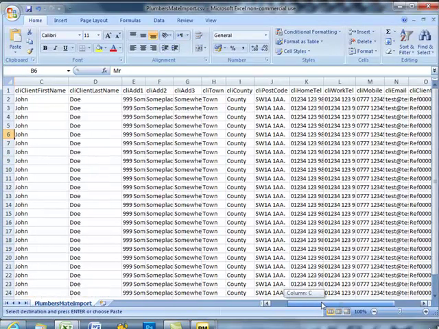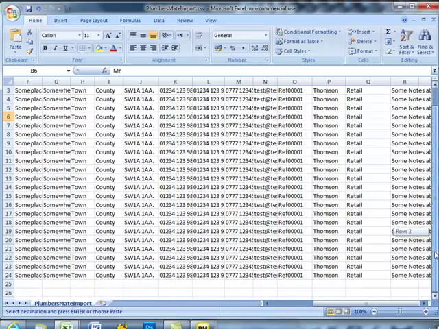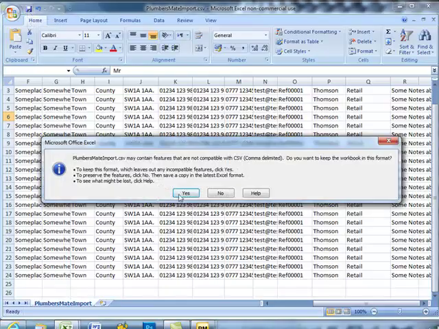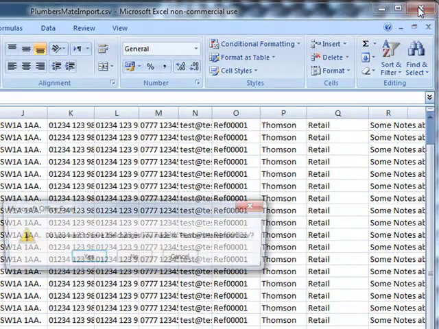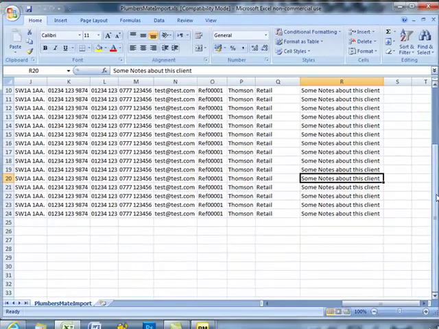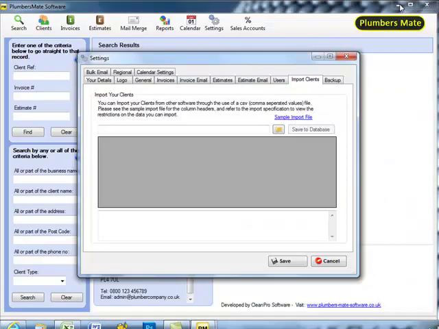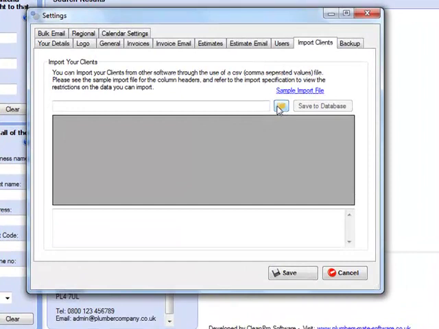Okay, so now I've pasted in all of the data from your pretend old database into the Plumbers Mate one. So you can still see here we're in the Plumbers Mate Import.csv. So all we're going to do now is we've safely brought them all in, we're going to click Save. And just click Yes. I'm going to close it now. Just click No. We're going to get rid of your old database, which is up here. Just minimise that for now. So that's all done, and now we need to actually locate the file that we've just saved. So it's a case of clicking the Browse button with this button here,